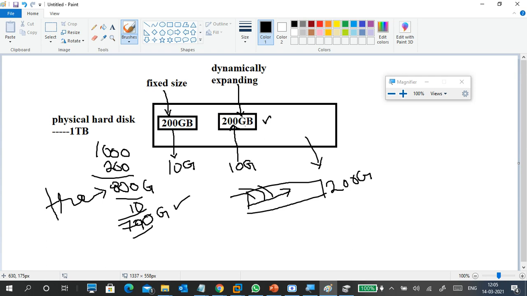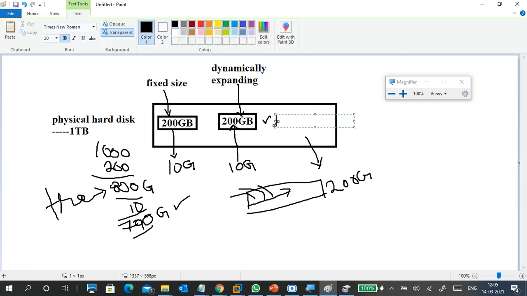You put 20 GB, it becomes 20 GB. You keep putting data, it will expand up to 200 GB only. It won't expand more than 200, but it will expand up to 200 GB. So you put 10 GB, 20, 30, 40 GB, it keeps expanding up to 200 GB.